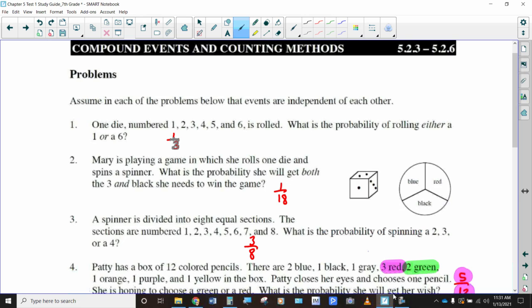Okay, so that concludes our review of the study guide, and now it's time to go over and complete the chapter test. Good luck. Please show all of your work. Please double check every single part that you've completed before you choose your answer